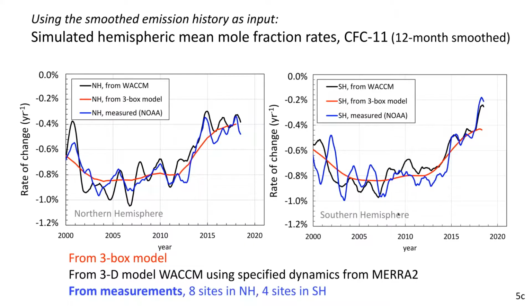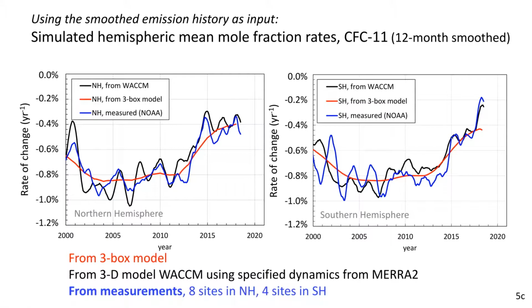So the blue line here then is what we actually derive from the surface measurements in the 2 hemispheres. And for me, I found some of the covariations, in particular here in the northern hemisphere, to be very well mapped in the simulation compared to what we've observed, where we see peaks that are derived now, presumably, or this implies that those enhancements, a slowing down of the decline of F11 during this period of time and this period of time, and over here in the southern hemisphere during this period of time, are due to variations in transport.